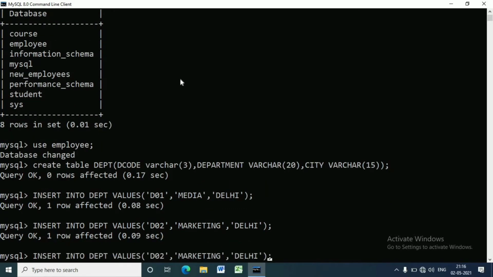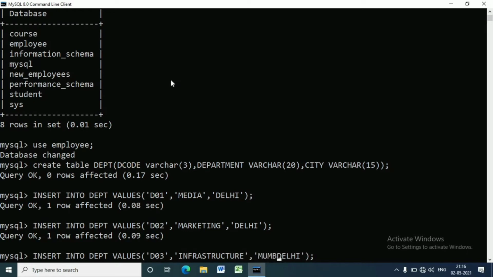Third data is D03, infrastructure, Mumbai. Fourth data is D04, finance, Kolkata. Fifth data is D05, human resource, Mumbai.